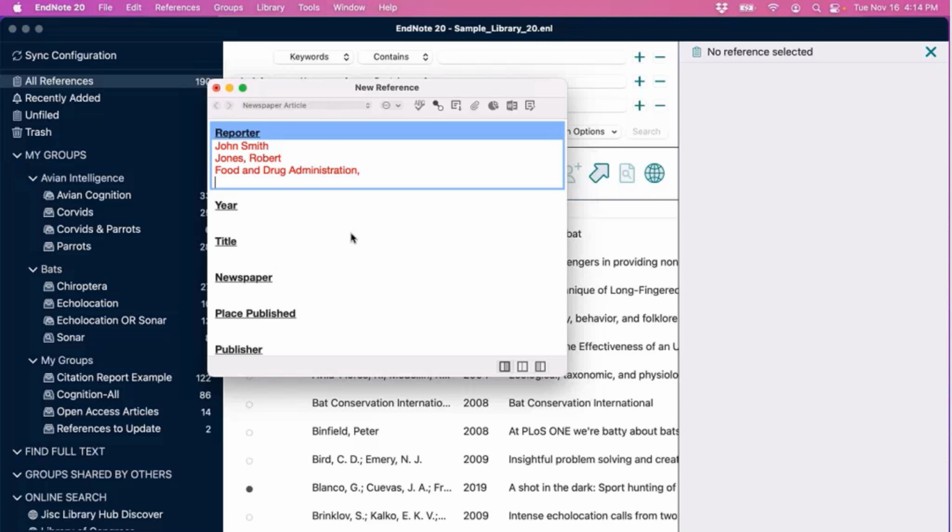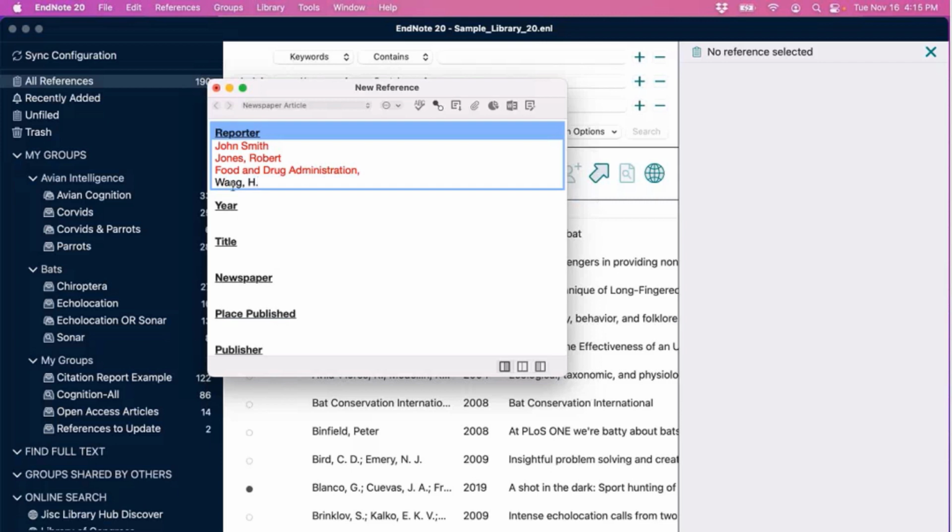Just to show you, if I start typing here, we see that EndNote is suggesting other author names for us. And just as an example, if that's the name we wanted, we can press the right arrow and EndNote auto populates the rest for us. So that can save us time performing data entry. It also reduces potential data entry errors. If you're typing a name or a keyword over and over, you might miss a character, and that can impact search results and projects in different manners down the road.